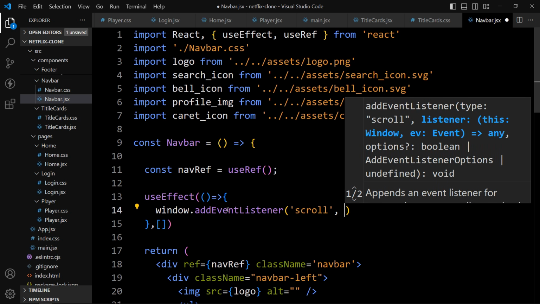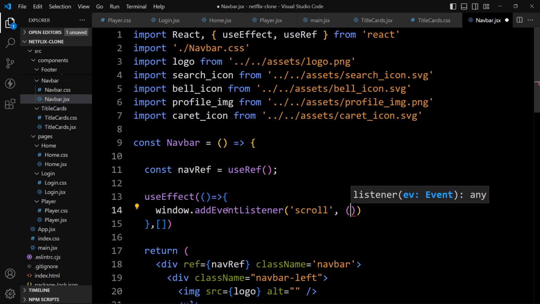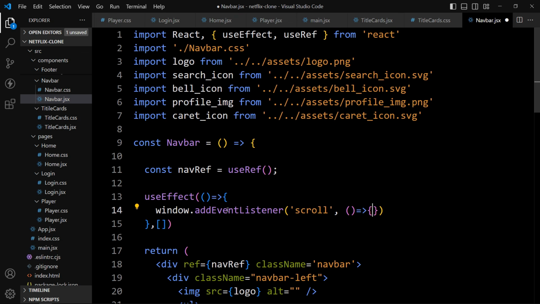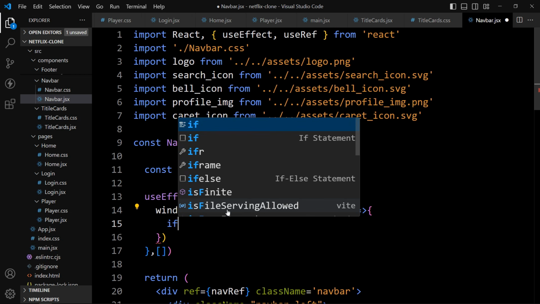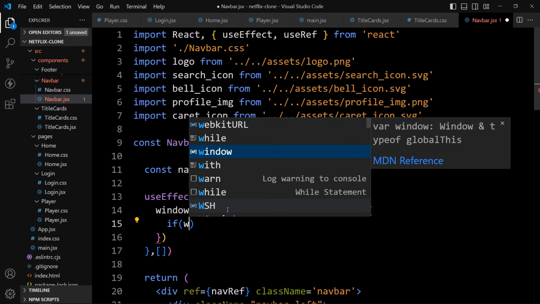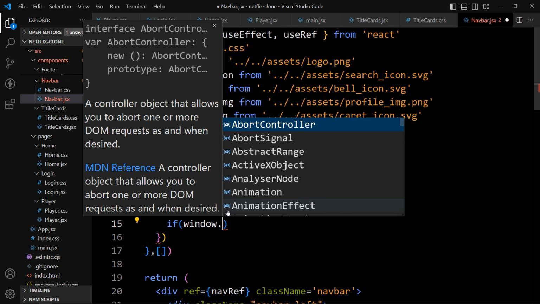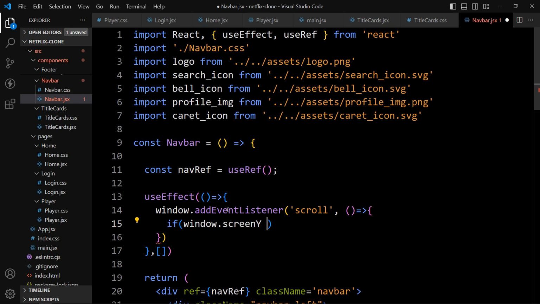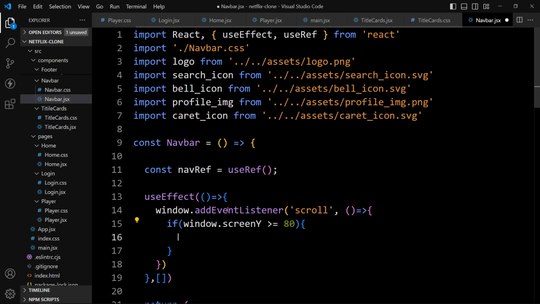So whenever a scroll happens, it will execute this function, and within this function we will check if window.scrollY is greater than or equal to 80.